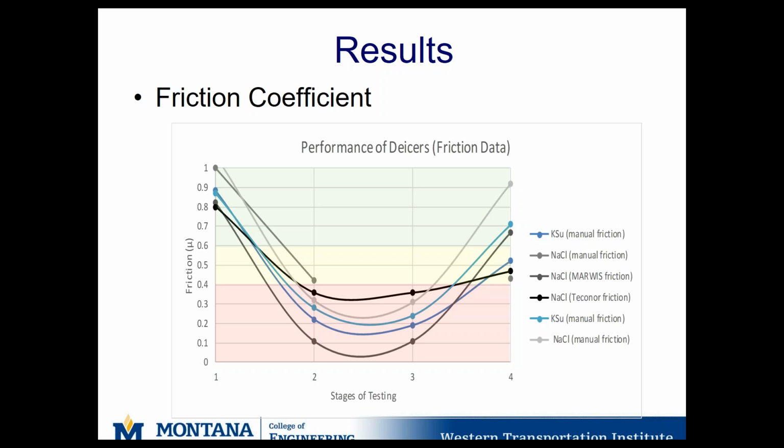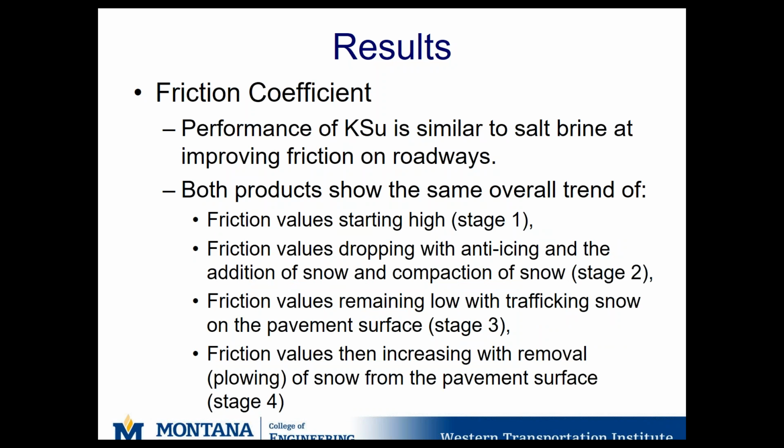You can see friction on the vertical axis. And there are a lot of different colors going on here. But again, I tried to stick to potassium succinate data in blue and sodium chloride salt brine data in grays. And generally what we see is that performance of potassium succinate is similar to salt brine at improving friction on